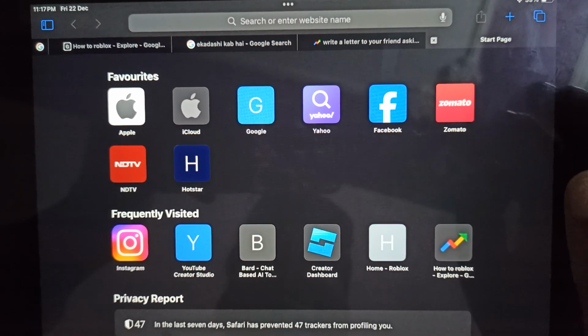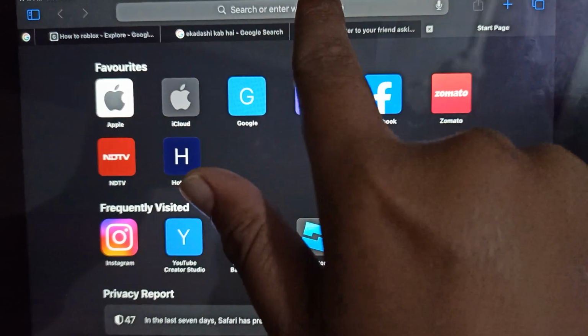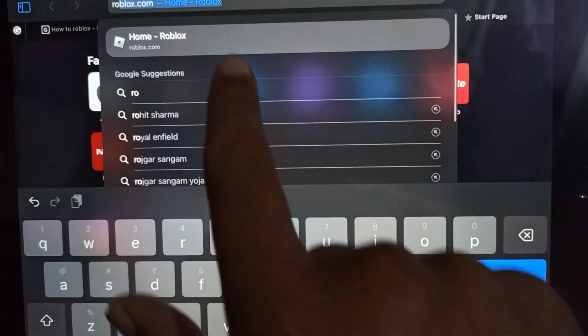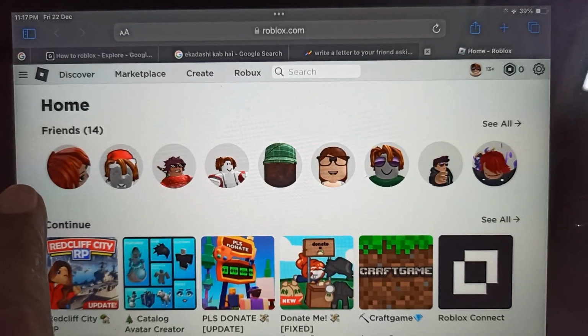Hi everyone, in this video I'll be showing you how to wear multiple face accessories on Roblox. First of all, you have to open browser and go to roblox.com. It will take you to the home page of Roblox if you have already logged in, and now you just